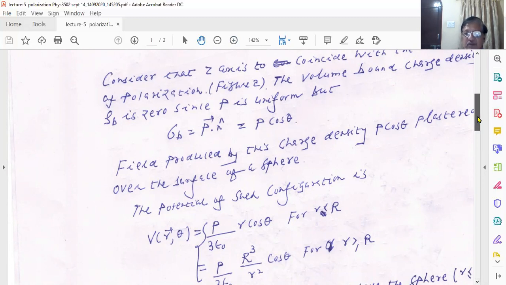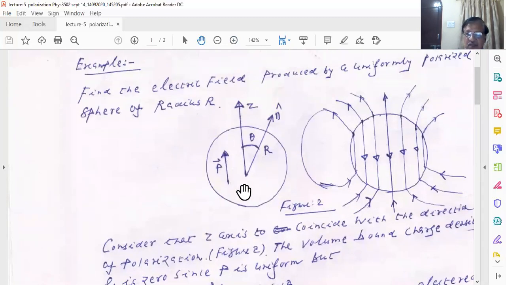You see, whenever you have such a charge distribution where there are no bound charges, but there are surface charges plastered over the surface, and you calculate the potential of such a charge distribution inside the sphere as well as outside the sphere, that one can calculate. Now, the calculation of the potential because of this charge distribution is given in chapter number 3. Chapter number 3 you have to study in your sixth semester number 5. Right? So we will use this result directly.